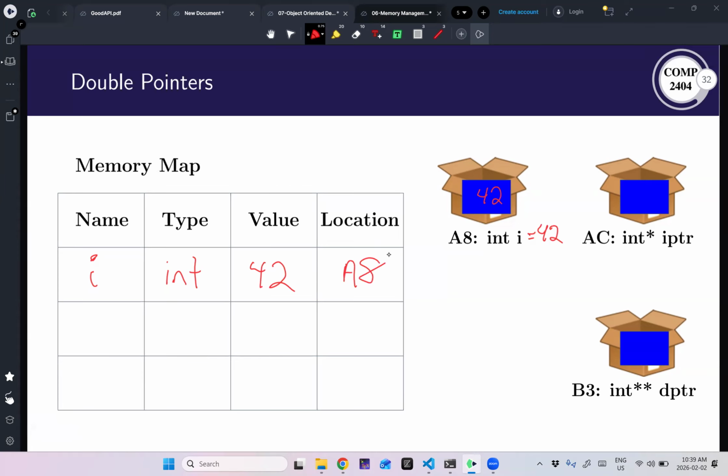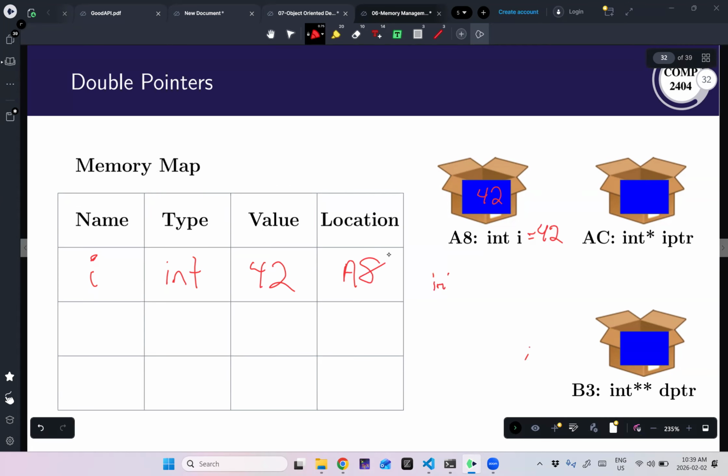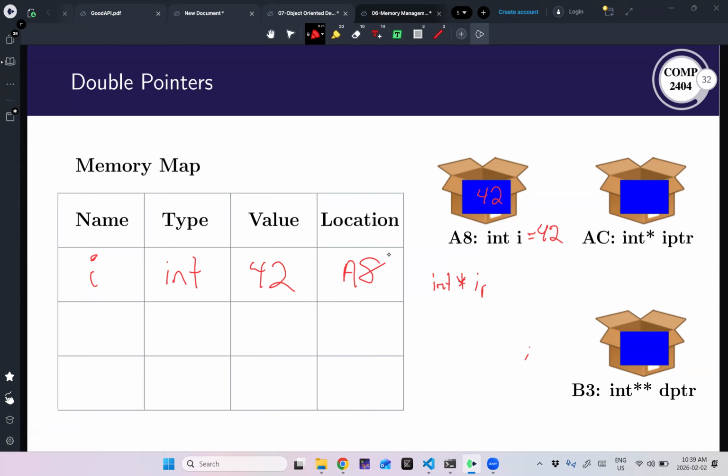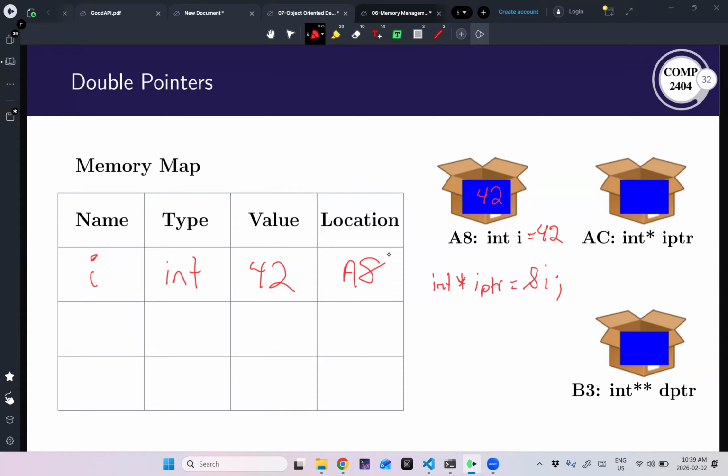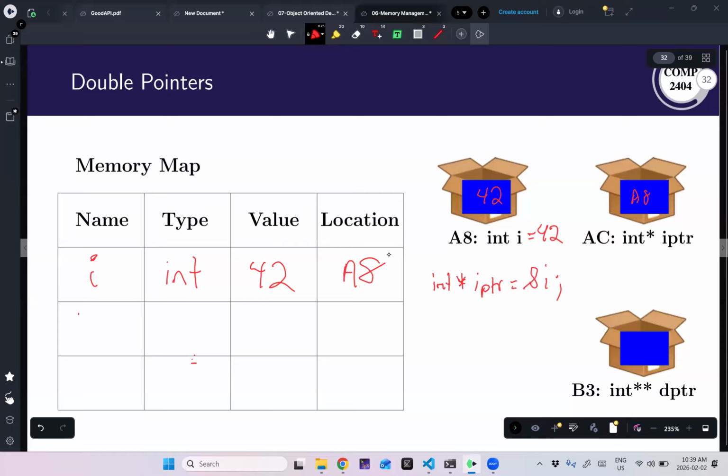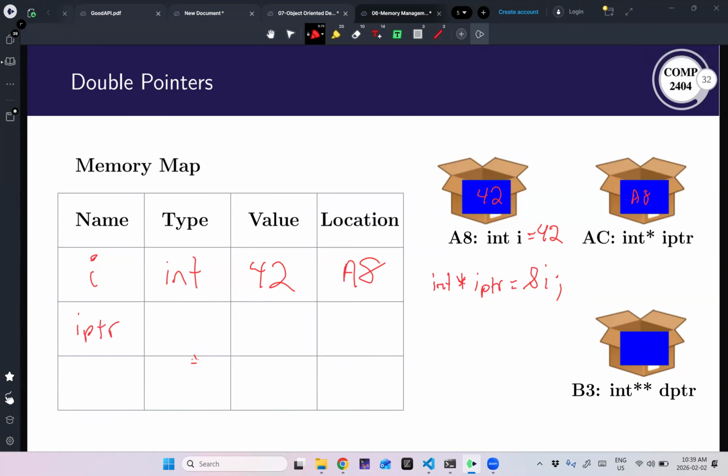All right, and let's say I declare an int pointer, iPointer, and iPointer wants the address of an int, so that's what I'll give it. Now it gets the value A8. This is called iPointer. It is of type int star. Its value is A8, and its location is AC.